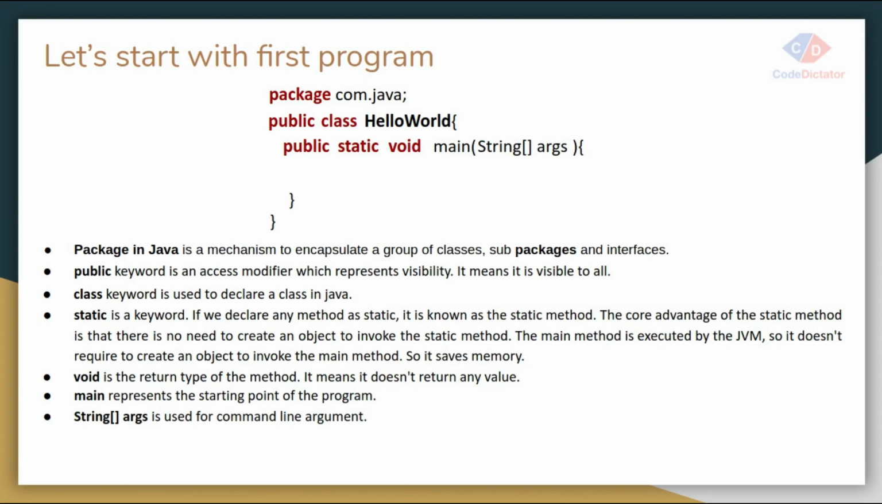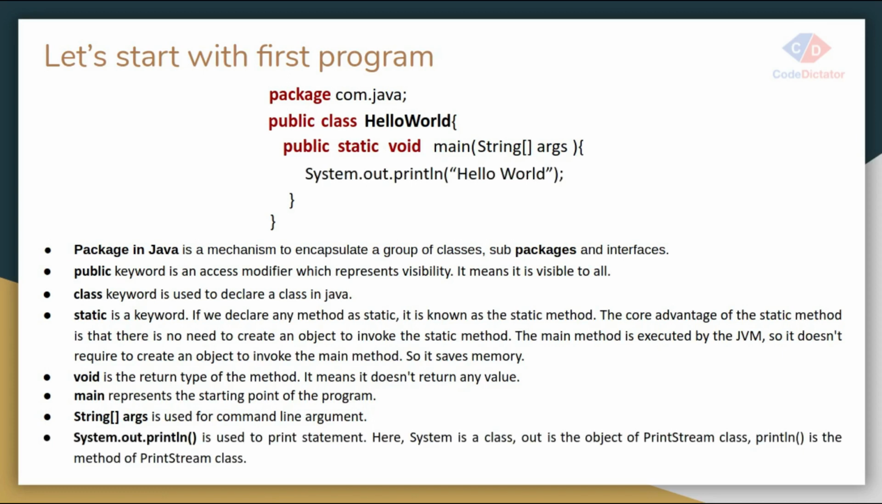The main method always takes a String argument in an array format, that is your command line arguments. In this example we are going to simply print a hello world message on our standard output screen with the help of the System.out.println statement. System is a class, out is a PrintStream object, and println is a method of that class. println is not returning anything, its return type is void. It is just simply printing the statement on the console. So let's take an example